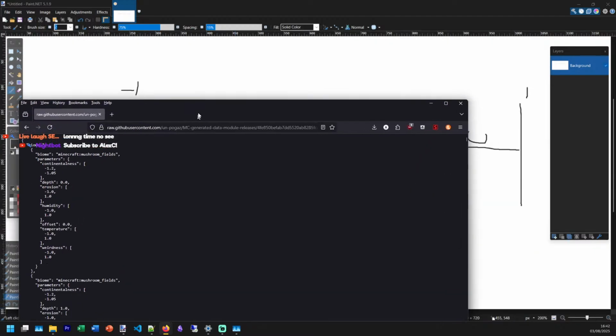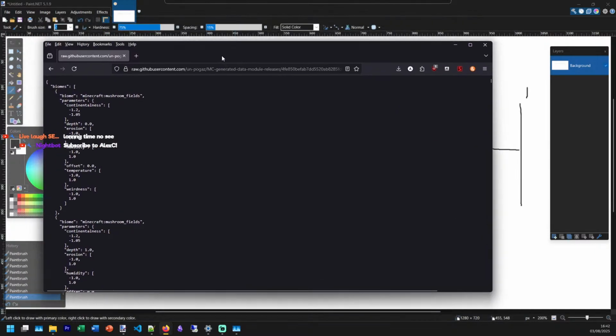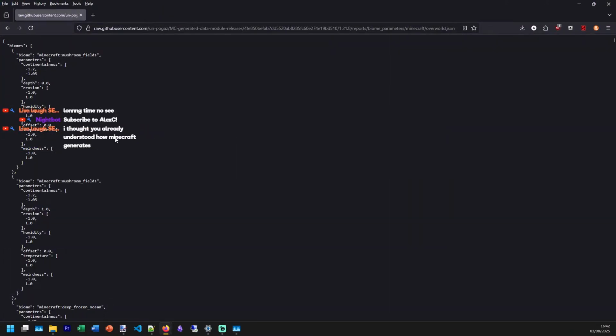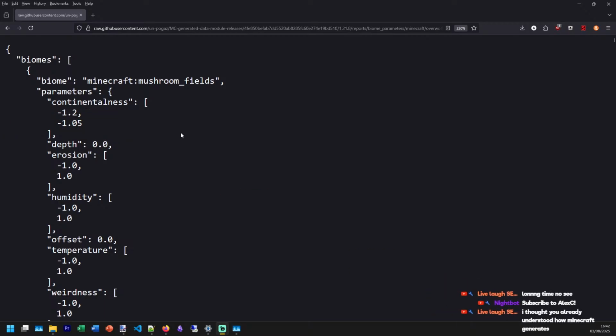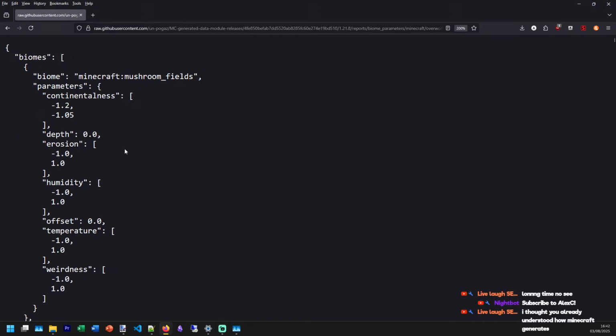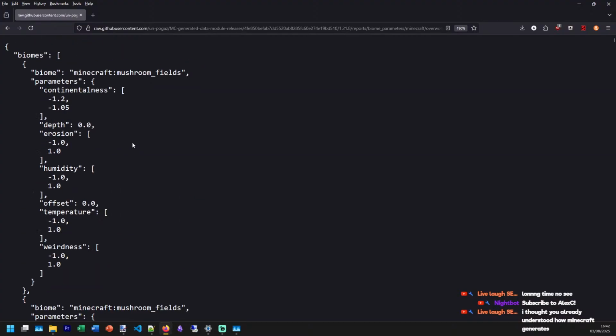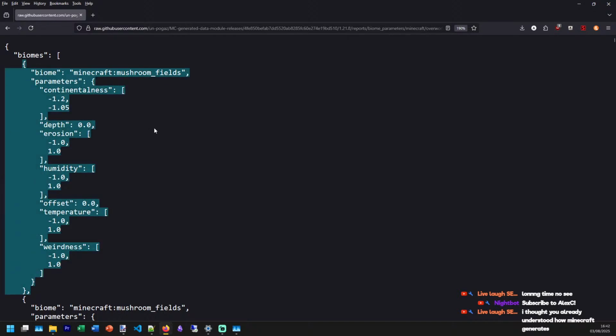So what in Minecraft? I thought you already understood how Minecraft generates. Yeah, but I don't know how the biomes don't line up. Right, so what we have here is Minecraft's generated data for a biome. Oh my gosh, this is lagging out so hard. So each biome is considered depth, erosion, humidity, offset.